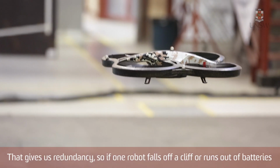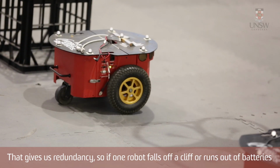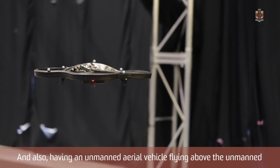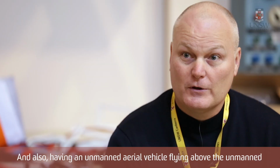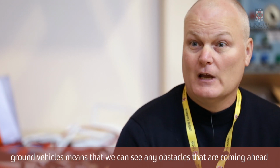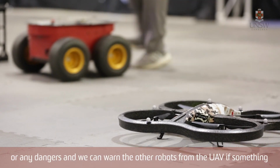That gives us redundancy, so if one robot falls off a cliff or runs out of batteries, the other robots can keep going on with the mission. And also having an unmanned aerial vehicle flying above the unmanned ground vehicles means that we can see any obstacles that are coming ahead or any dangers, and we can warn the other robots from the UAV if something's happening